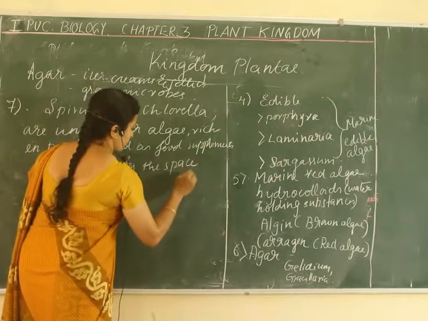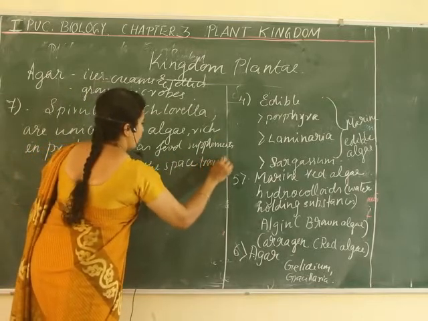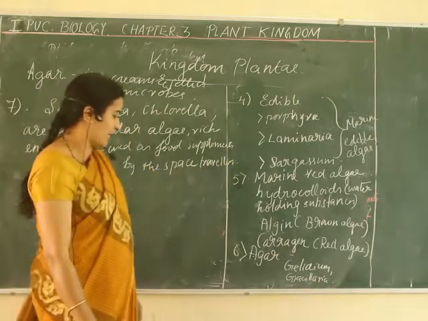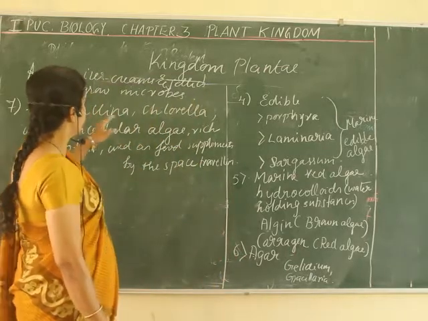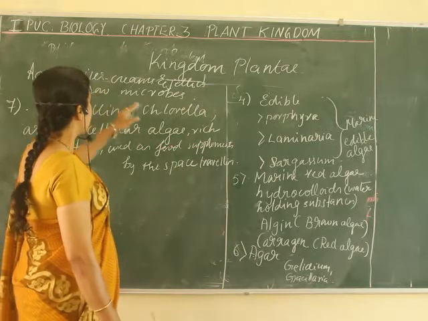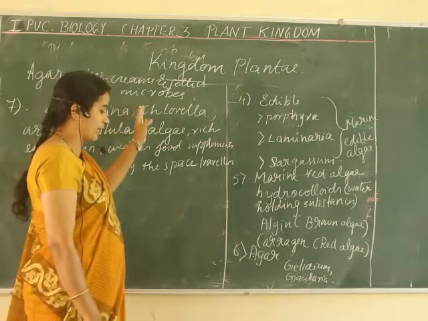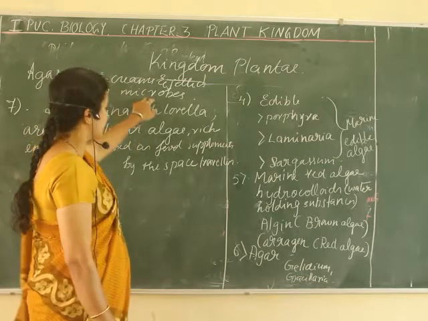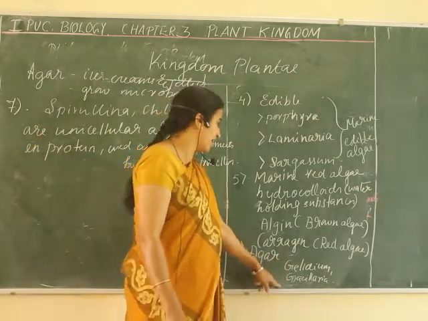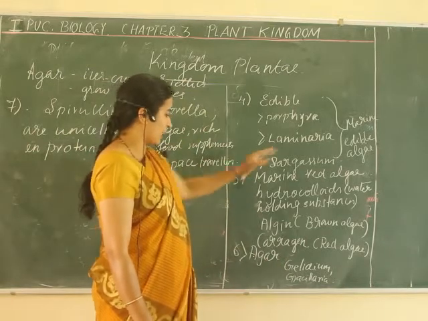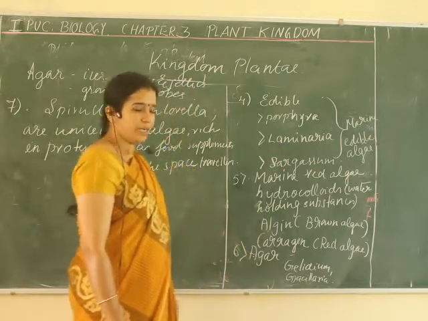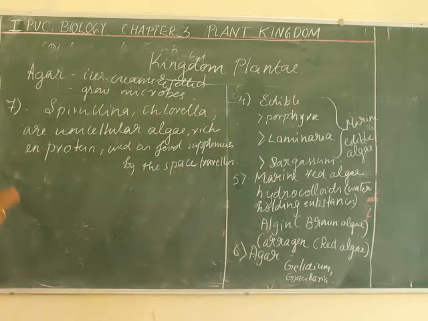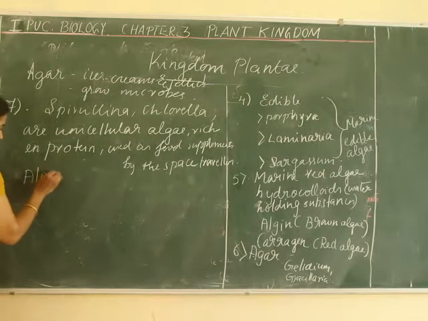Students, in this portion, some 1 mark questions used to come. Name the algae which is used in the preparation of agar, or name the substance by which ice creams and jellies can be prepared. It is Gelidium and Gracilaria. Or name some of the edible algae. Or algin is obtained from, carrageen can be obtained from. This is how questions can be asked. So you have to remember their uses as well as the products obtained.